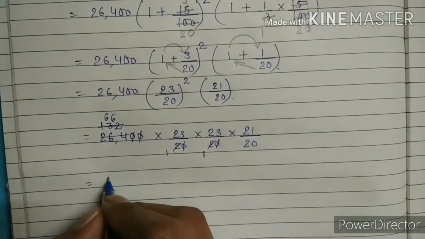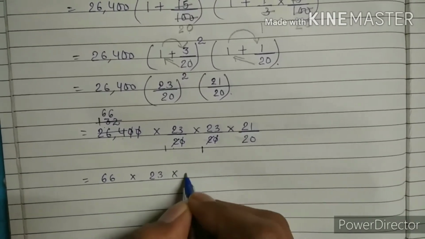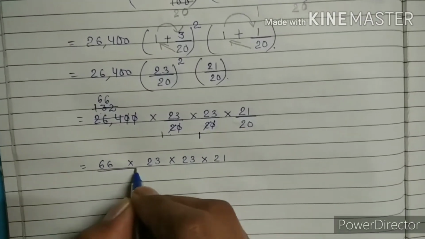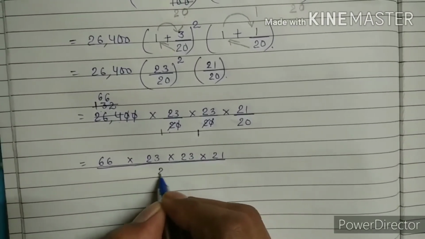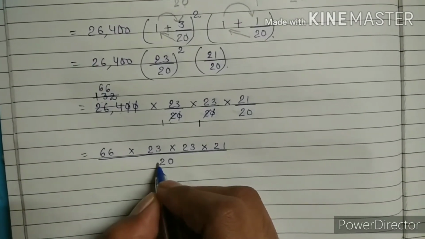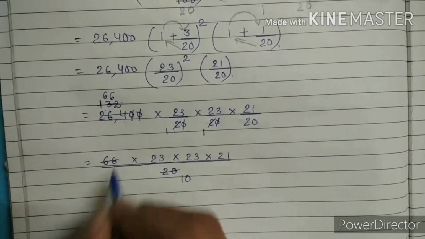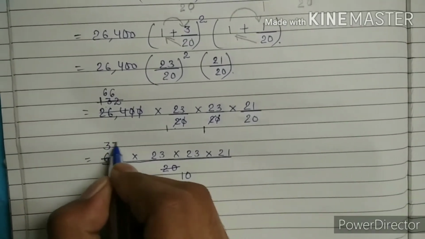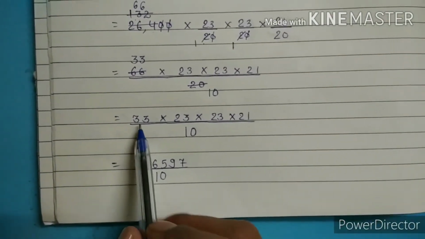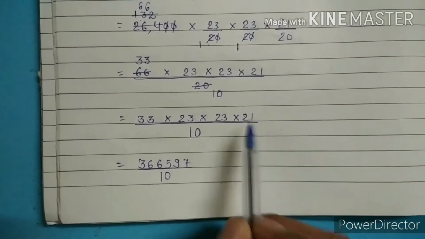We have 66 multiplied by 23 multiplied by 23 multiplied by 21, and it will be divided by 20. Again we can divide it. 20 goes 10 times and 66 goes 33 times. So after multiplication of 33, 23, 23 and 21, we will get